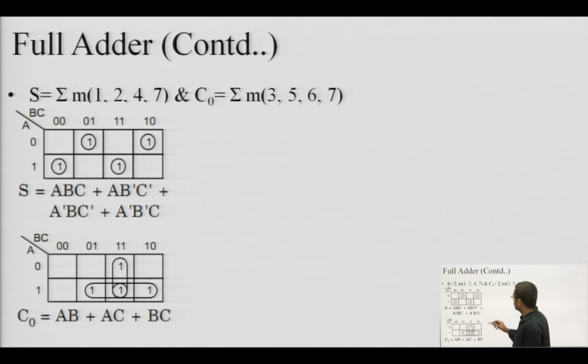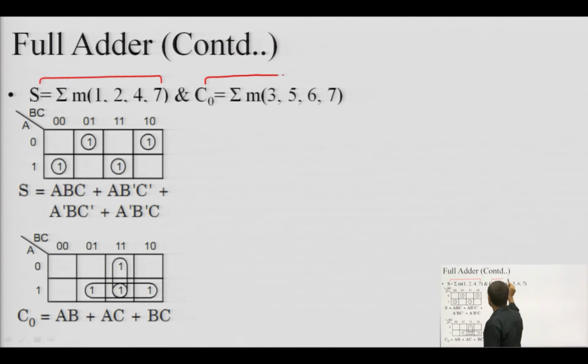So, this is the min term expression for sum, and this is the min term expression for carry. So, we have fed those min terms in the 3 variable K map structure. We can see that 1, 2, 4 and 7 are being fed into the K map, and all these 4 are standalone groups, that means they are not forming pairs, squares or anything else. So, they are single terms. So, these single terms can be directly written in canonical form, like we can see that this corresponds to A, and from column side if we check, it becomes B and C. So, it is written here A, B and C.